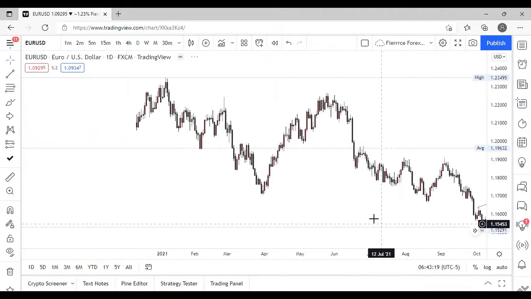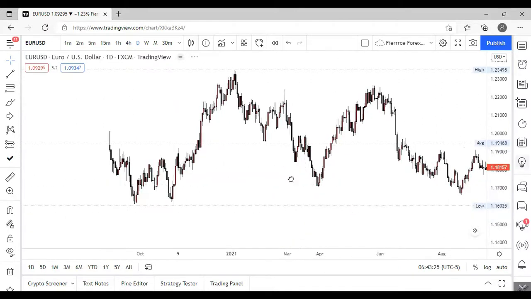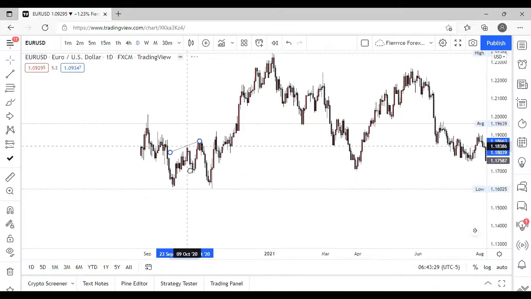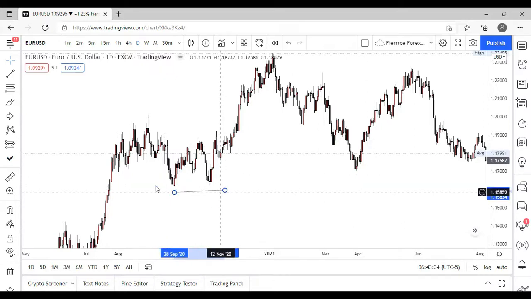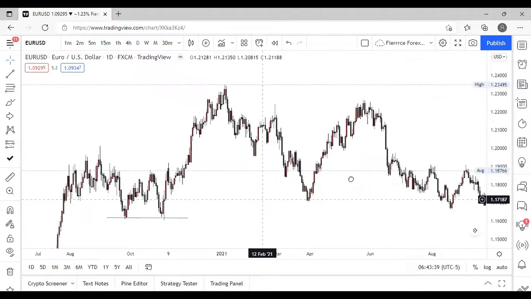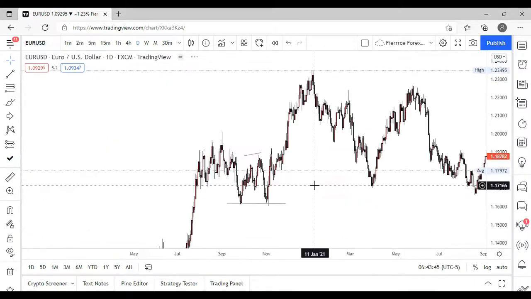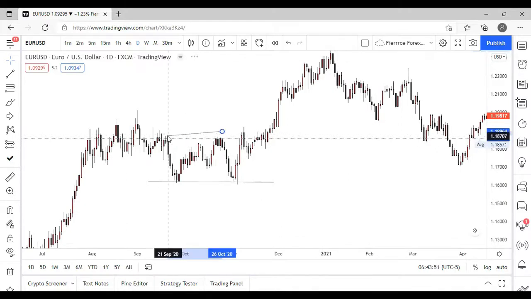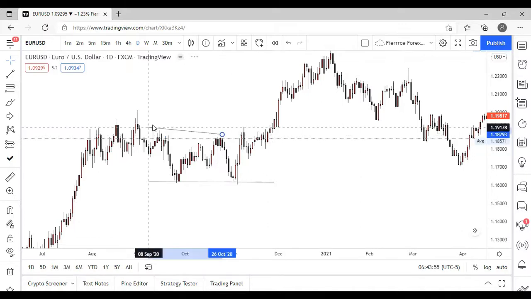So let me see. Do I see a triangle pattern anywhere? I don't know. Let me see. So we've seen descending and ascending. Do I see a triangle? Are these relatively equal lows? Possibly. And also, we're not forcing these things. If we don't see them, we don't see them. We're not going to try and force anything. So what is this? Okay, this is actually just